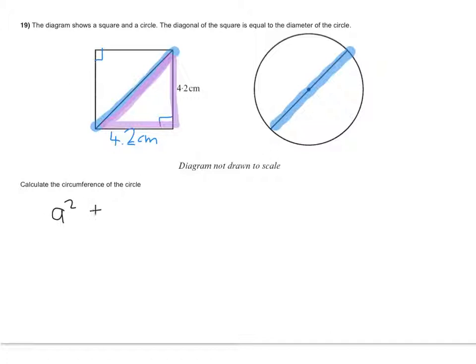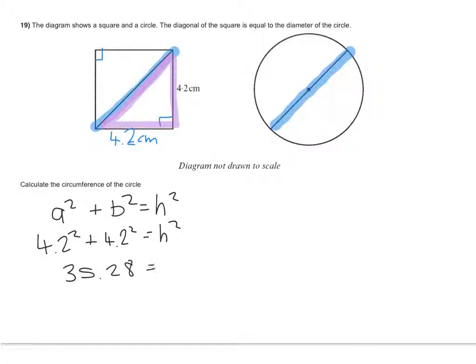A squared plus b squared equals h squared. 4.2 squared plus 4.2 squared equals h squared. So 4.2 squared plus 4.2 squared is 35.28. Is that the length of the diagonal? No, it looks far too long. It's because we've forgotten to square root it. So to get the hypotenuse itself, we're going to square root 35.28, and that gives us